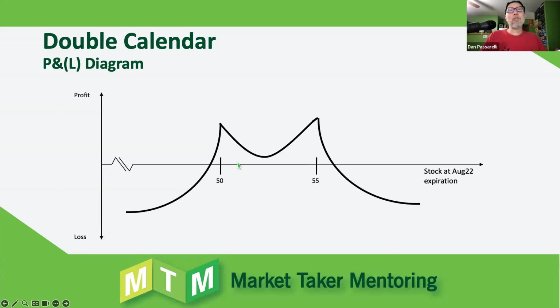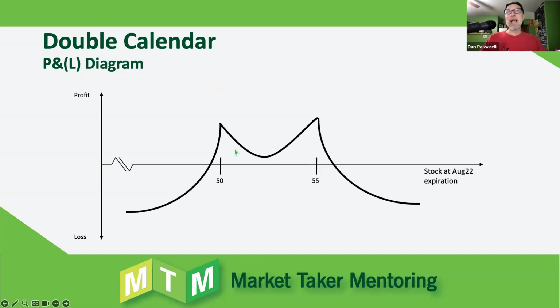And same thing if it goes down a little bit more and if it's at 50. Even if it goes down a little below 50, I'm going to make money. What if it's smack dab in the middle where the circus tent sags? Well, usually I'm going to make money on that too. It is possible